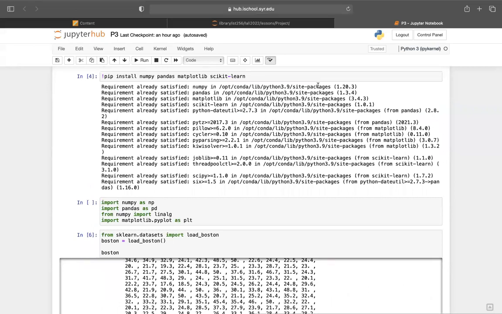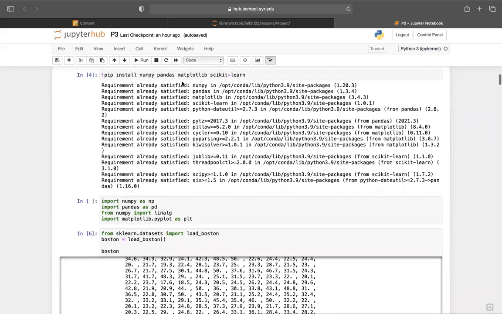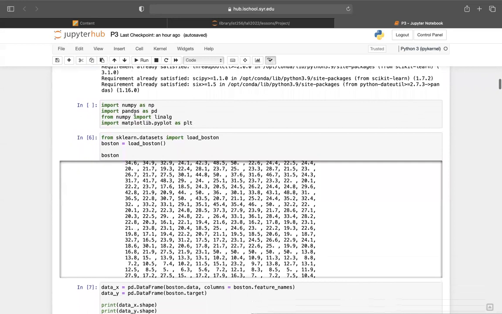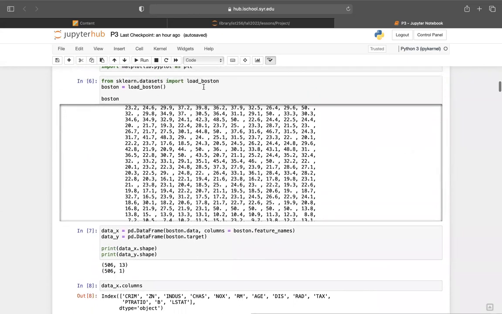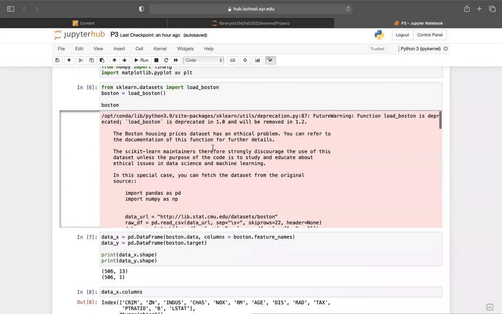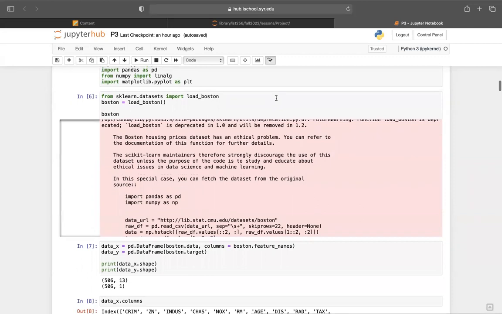And I'll talk about my project. Firstly, I use the NumPy, Pandas, Matplotlib, and scikit-learn libraries, these four methods, to run my project. I import these into the notebook, and my project was to analyze Boston's